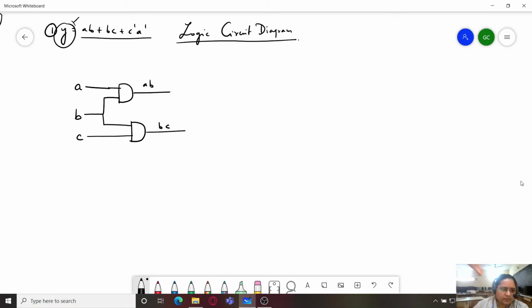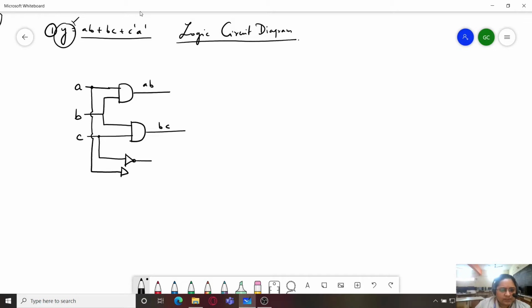So now we want a complement of A and a complement of C. For C, we will attach a wire to this already existing wire, and we will attach a NOT gate along with it. In the same way for A also. Now whenever a wire has to intersect with another wire, just draw a small loop around the wire. This is to show that these two wires are not intersecting each other.